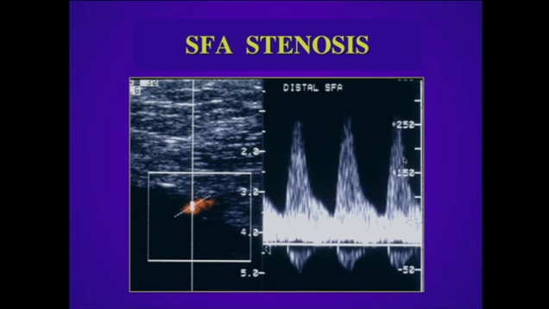Here's an example of a tight stenosis in the superficial femoral artery. The sample volume is placed within the lesion, angle corrected to the direction of flow at 60 degrees or less. We notice here that the peak systolic velocity is slightly greater than 250 centimeters per second. Again, in a high-grade lesion, we'd expect to have a monophasic waveform with flow only in one direction in systole